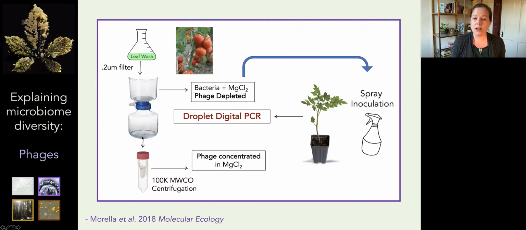And then what goes through the filtrate, we used a 100 kilodalton filter to concentrate viral-like particles. What this meant is we were able to separate the community into bacteria that was depleted of viruses, not necessarily entirely absent, but mostly absent, and the phage. And then we could spray juvenile, mostly sterile tomato plants in the growth chamber with either the bacteria alone or the bacteria recombined with its phage community, and use droplet digital PCR as well as 16S amplicon sequencing to measure both the abundance of bacteria, what these phages did to overall numbers, and what the phages did to diversity.